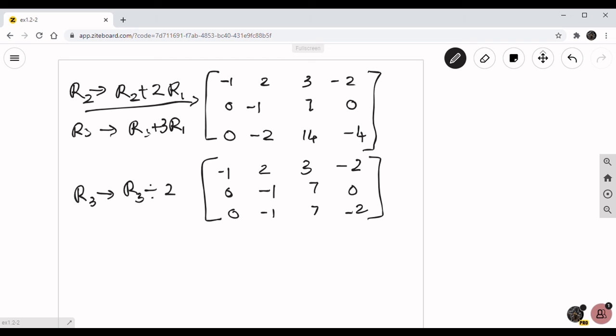We can see that row 3 and row 2 have three elements the same. When they are like this, you can subtract and make them 0. So row 3 here should be row 3 minus row 2, and the result will be